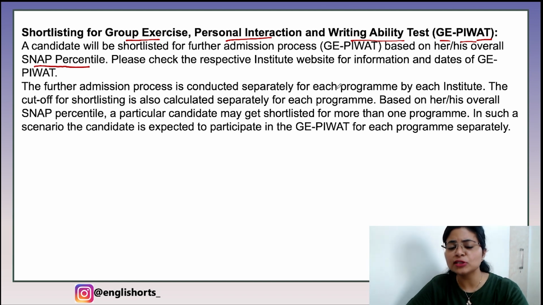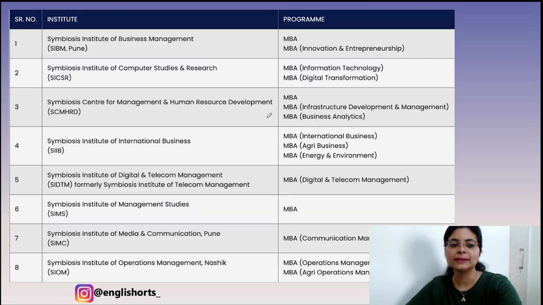और जो इंस्टीट्यूट से आपको कॉल आएगा, सिम्बियोसिस के जिस कॉलेज से आएगा, वो अपने वेबसाइट पे इसका इन्फॉर्मेशन आपको देगा. अलग अलग इंस्टीट्यूट अलग अलग GEPI वैट करवाता है और आपके कट ऑफ्स आपको देता है, आप उसको ट्रैक करते हैं, तो उसके बाद आपको कॉल आती है और फिर उसके बाद जाके आप ये प्रोसेस फॉलो करते हैं GEPI वैट का, और ये क्लियर होता है तो फिर आपको फाइनल एडमिशन कॉल आता है.